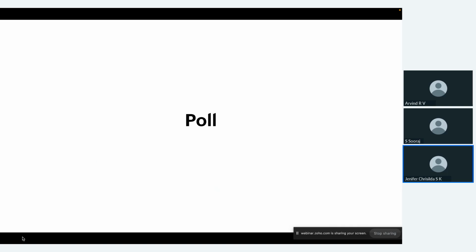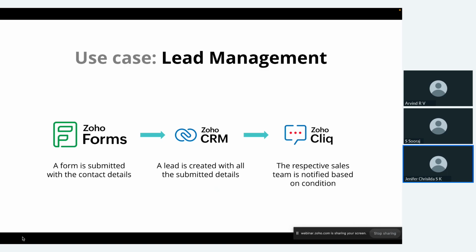Now let's move on to discussing a few use cases. The first use case today is lead management. Now, how can we manage leads efficiently? For example, let's say we have a lead inquiry form or a customer feedback form that our leads are submitting,